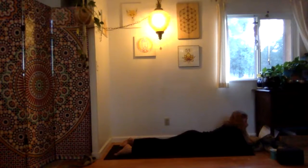Feeling the expansion on the mat. The belly pressing into the mat as you inhale, and slowly pulling away as you exhale. If the breath feels a little bit short, a little bit more shallow while laying on the stomach, before coming off the stomach, I invite you to send the breath into the back of the body,